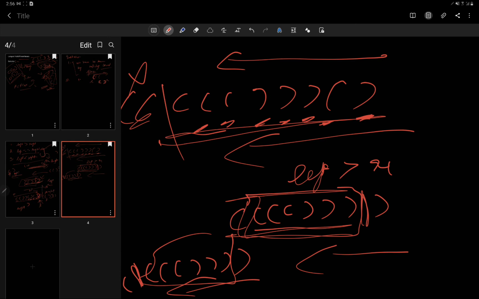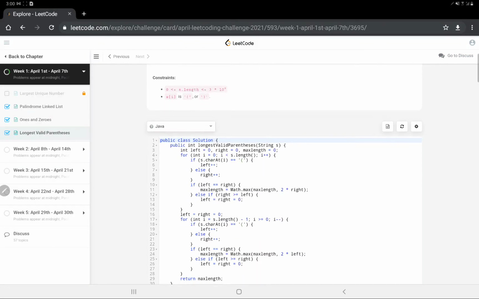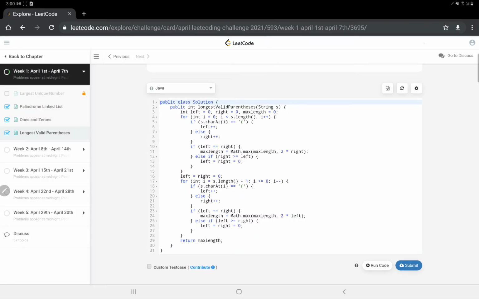I hope this is a very simple and intuitive approach, and I told you how we got the intuition for it. So I hope it's pretty much clear to everyone. If you are still facing some difficulty, when we see the code, I think it would be crystal clear to everyone. So now let's see the approach that we have used and the code for it.